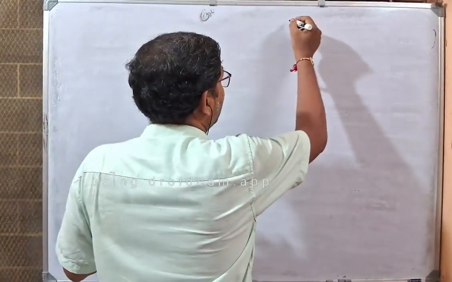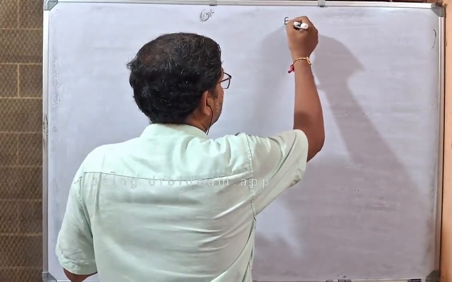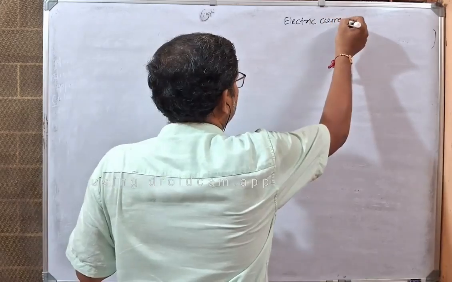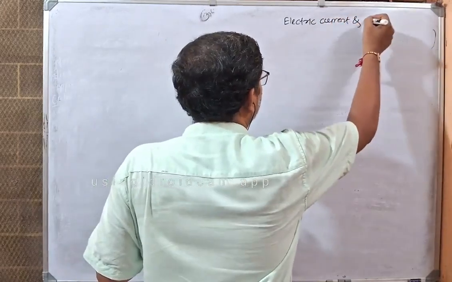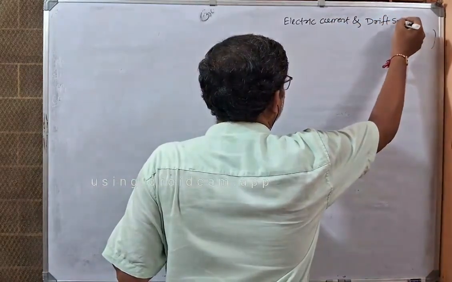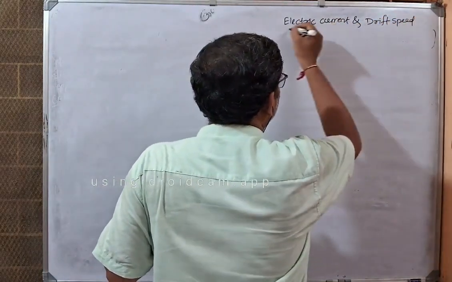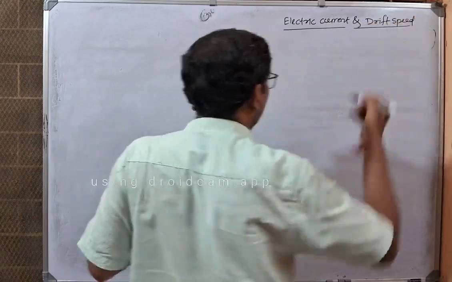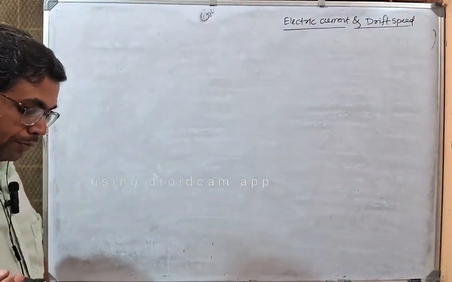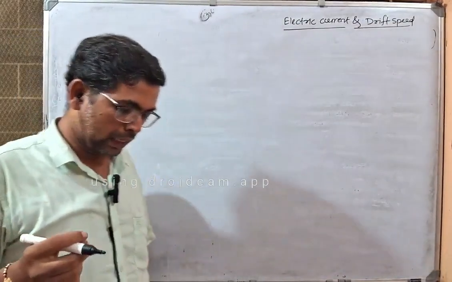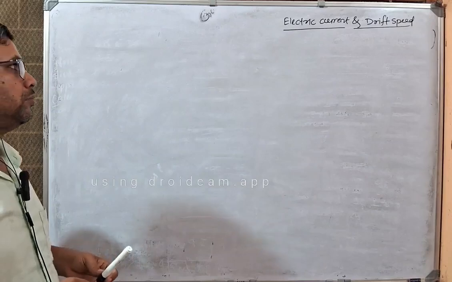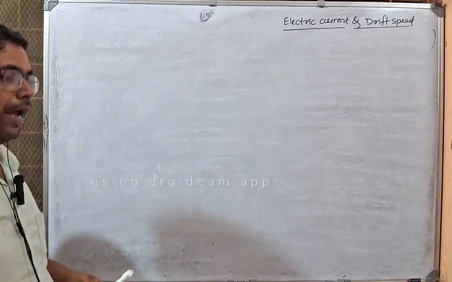The relation between electric current and drift speed. Okay, so for that,